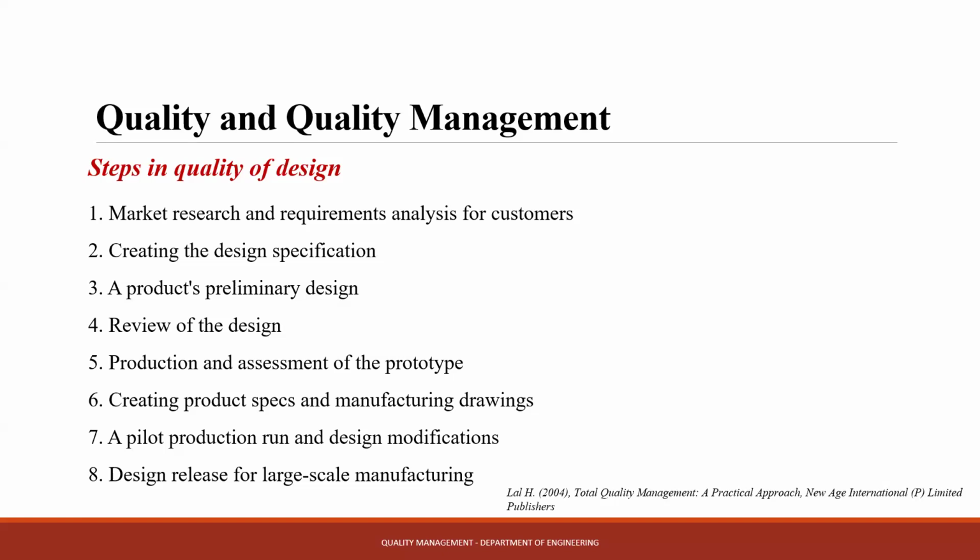Right? So then moving on to the sixth step, that is where we create the product specs and the manufacturing drawing. Right? Initially, we developed the rough model or sketches, right? Using software and 3D printing, we develop the sketches, the preliminary design. Then moving on to the sixth step, we should draw the manufacturing drawing, right? You should create the product specifications